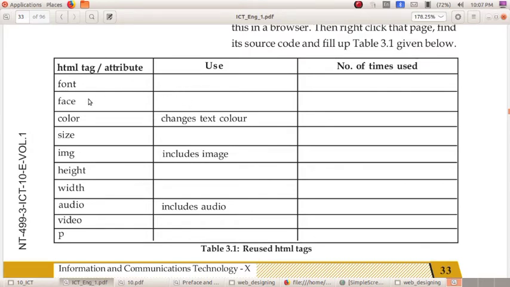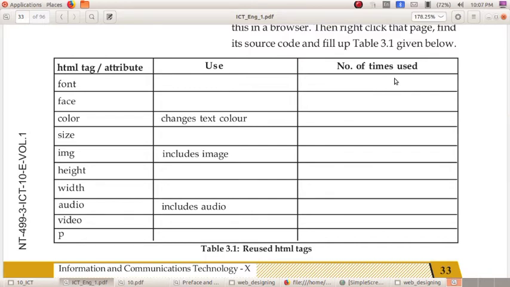So what is the use of the font tag? Yes, you have to write here: to define the features of a text. Okay, the font tag is used to define the features of text. And here, in the absence of the computer in front of you, I will say the number of times used.